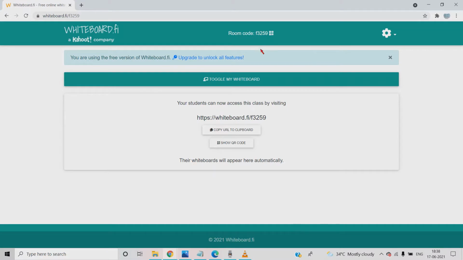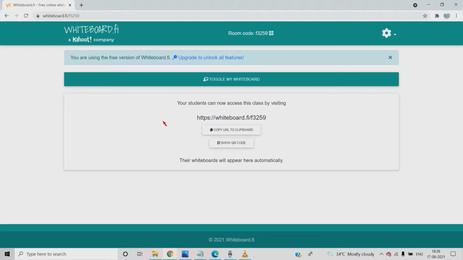Now creating room. So my classroom got created. This is your classroom link, so you have to copy this to your clipboard. You can post it in your school portal or to their WhatsApp number, however you want.